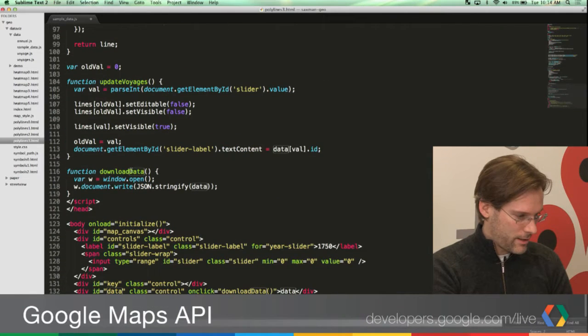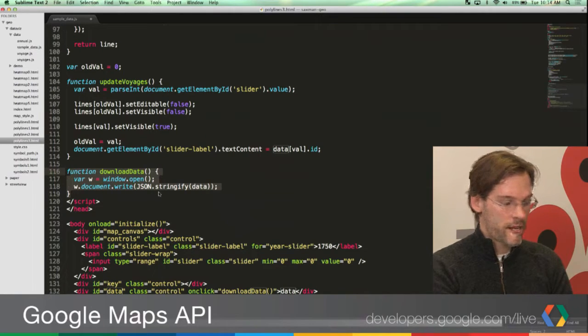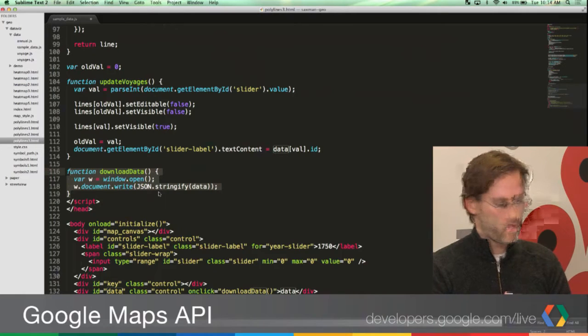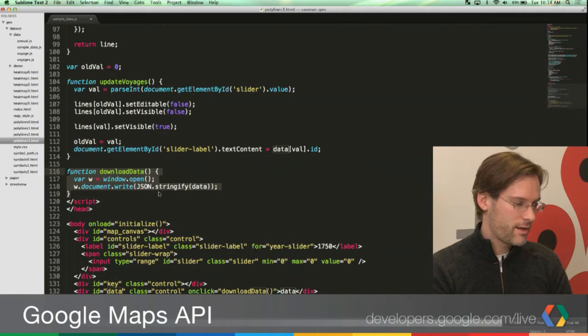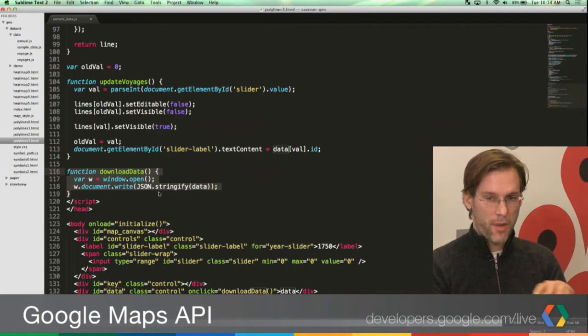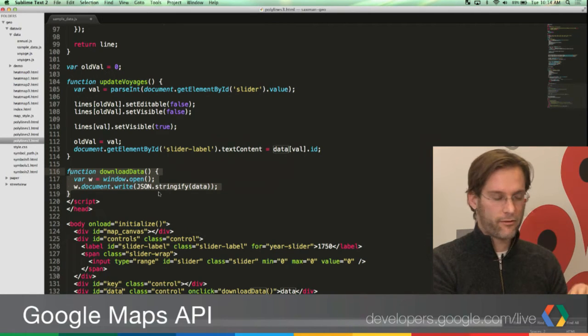Exporting the data turns out to be a couple lines of code, which is really nice. All I'm doing is JSON.stringifying that original data object. So I'm loading the data file, or the array of objects, in, and I'm doing the manipulation using the polyline, but then actually removing the data from the original data set. And then when I want to export, all I do is JSON.stringify and write that to a new window. So just a couple lines of code to export, a few lines of code to import, and getting into a map is pretty